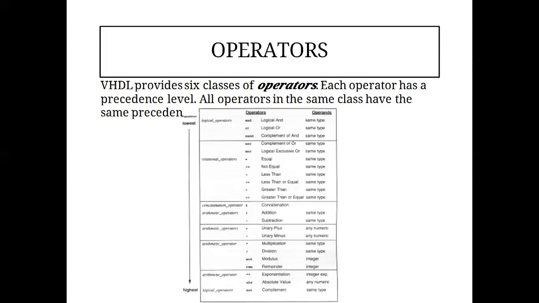So in the last lecture, we discussed the different data types of VHDL, right? Basically array type, record, enumerated data type, integer, and some predefined VHDL data types, which include bit and bit vector. So there are n number of data types that you can use while writing VHDL code. That part we have completed.